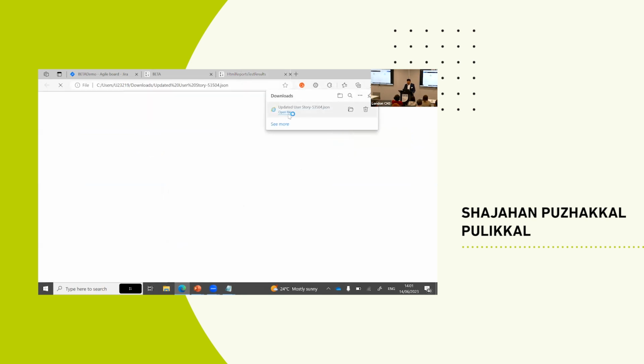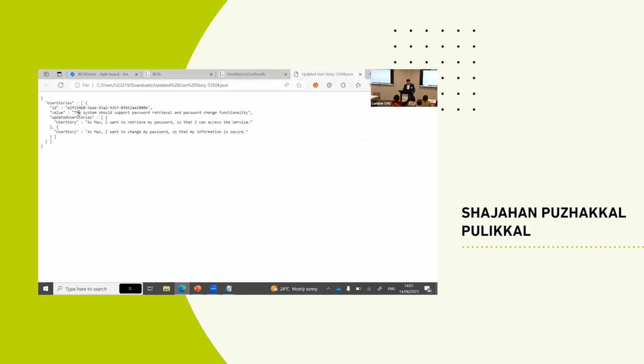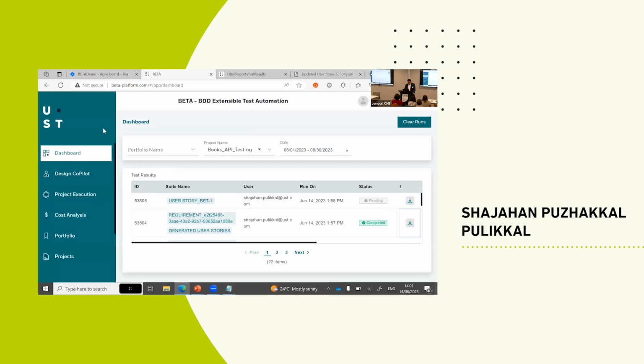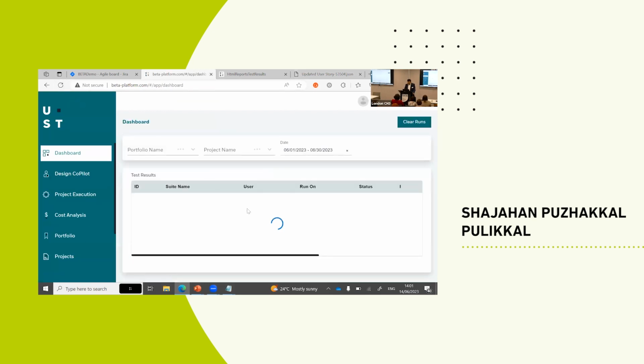We just put one single statement there: the system should upload this functionality. That converts into these two other user stories that can be developed on top of that requirement. This can be passed on to the next step, the design or scenario preparation activity. I just used a simple sentence. If you have a detailed requirement, we can pass it in, and the generative AI gives us an output as user stories. Then the other one we checked is from the user story level.